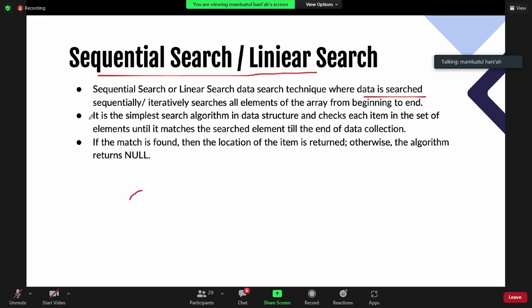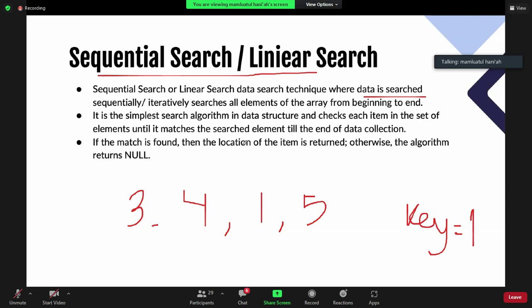Maybe you have data 3, 4, 1, and 5. If you have k, your k is 1. So you just compare 1 with each element in the array iteratively or sequentially. First you compare 1 with 3, is it a match or not?